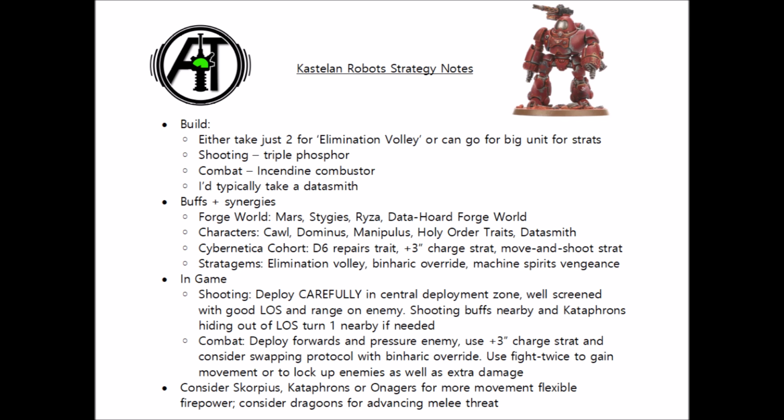Obviously we've already talked about the Datasmith, who I would typically bring along as well. If I was thinking about building a shooting castle, I'd certainly think about some of those Holy Order Warlord traits. The one for extra hits on 6s, and the one for extra AP on 6s certainly stack well on the Phosphor Blasters, and alternatively there is one for re-rolling charges, again to try and get those Kastelan fists into close